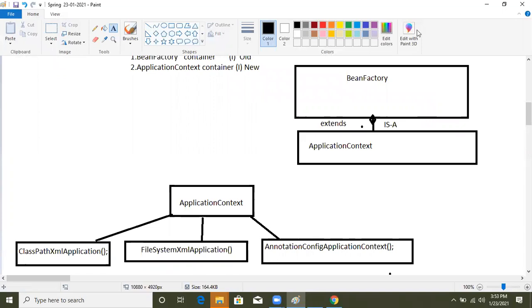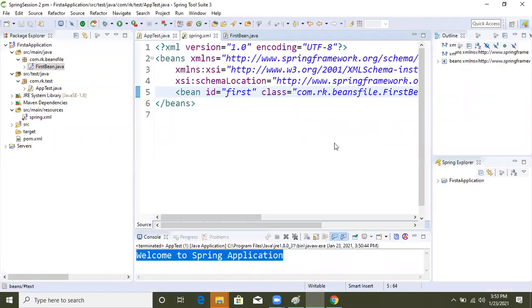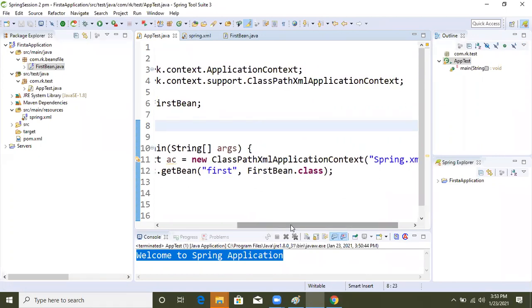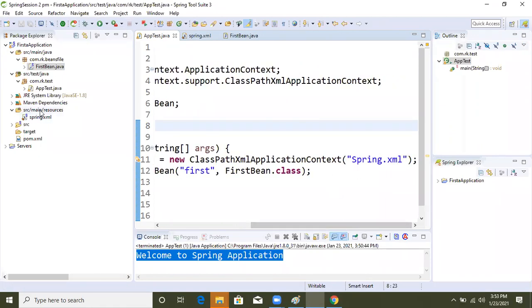For example, you have, sir, see here in the test case, right? In the test case, what I pass in the implementation class is spring.xml, right? So it will search here in the class path only, and it will inject it, right? So because of that, in the application this spring xml configuration is there, it will by default search it, right? There is no problem in that.